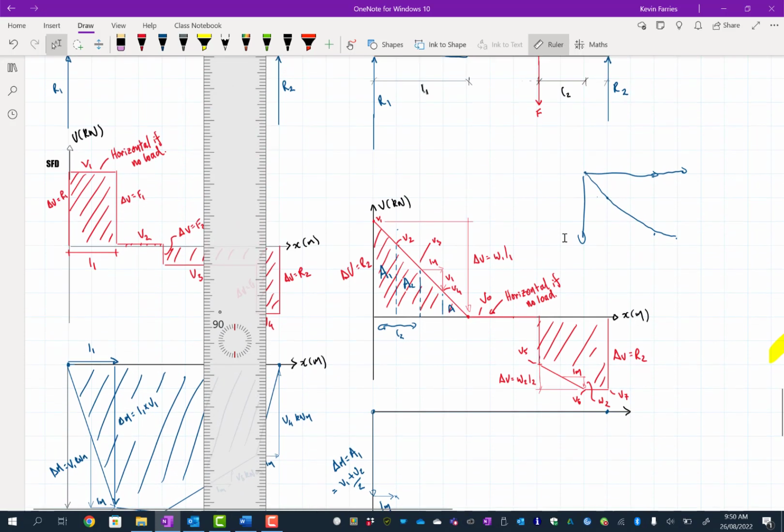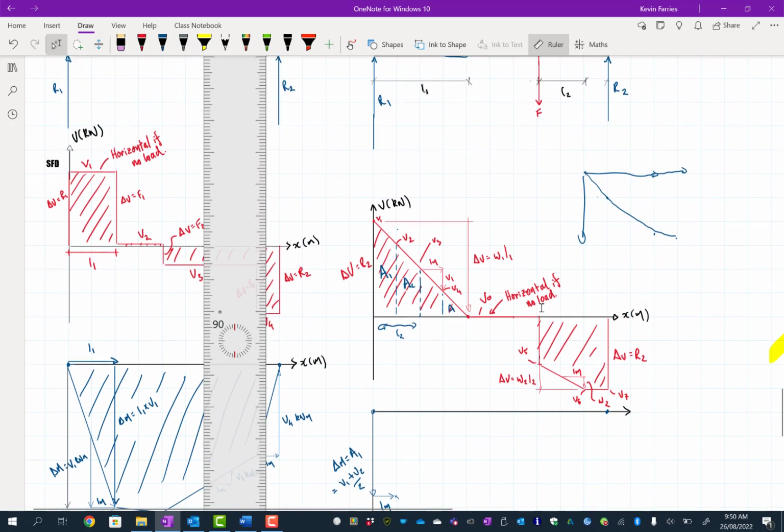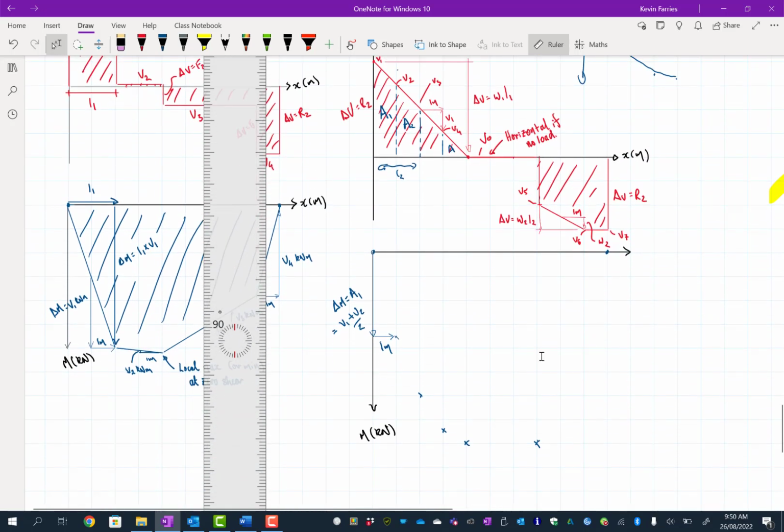And we've got a force here. So there is a force here. It doesn't matter though. It doesn't really make any difference that the force is there. The change in moment is just the area under the shear force diagram. And so what we'd have to do here,